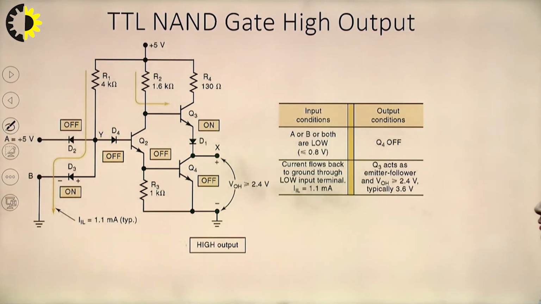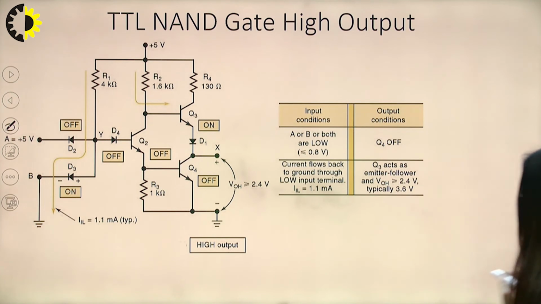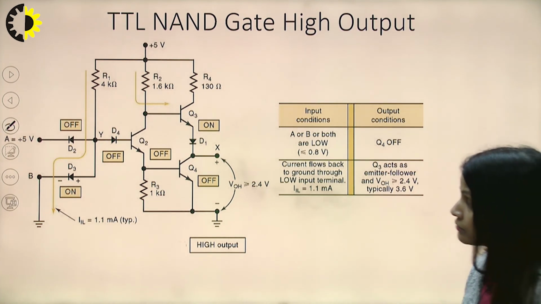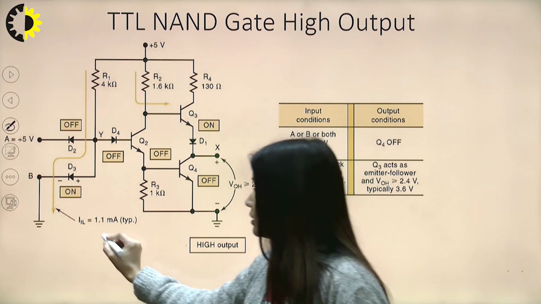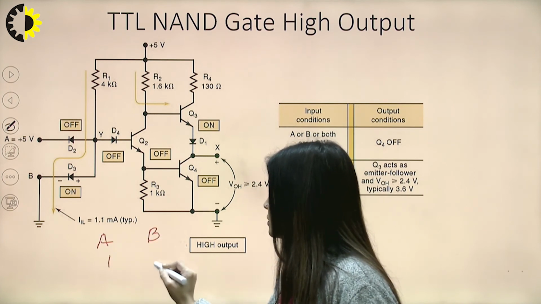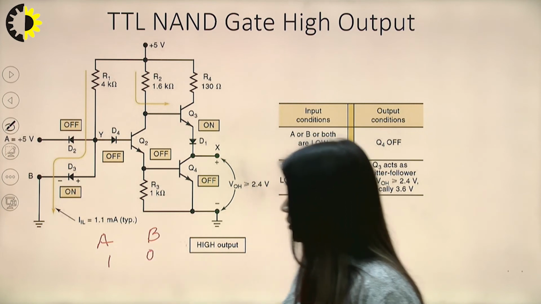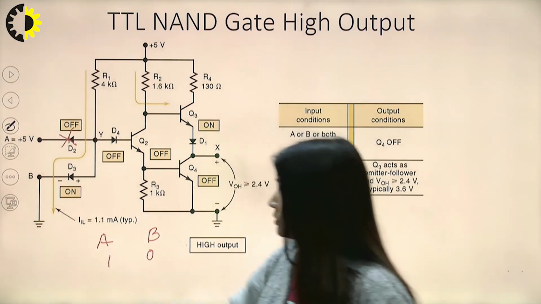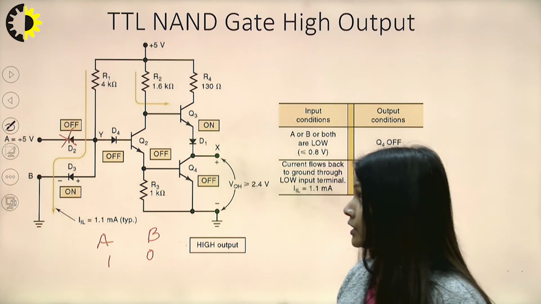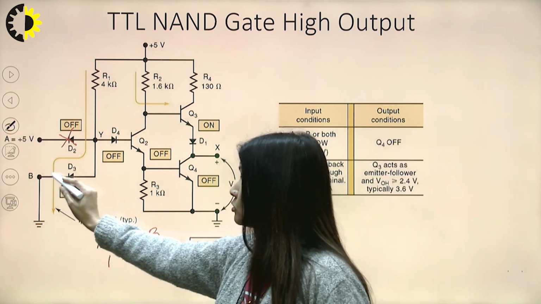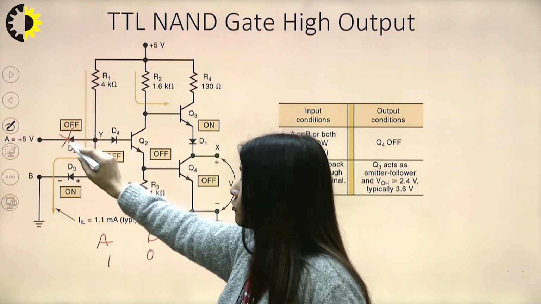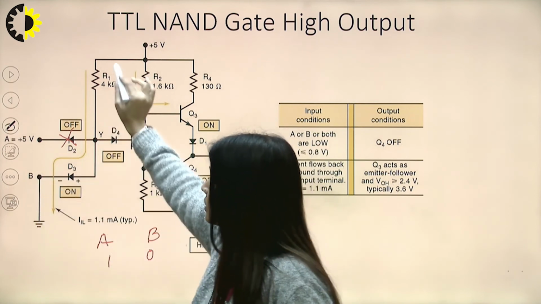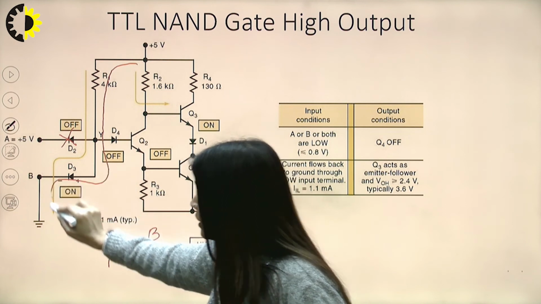Next, let us verify one more case. Let's say A is 1 and B is 0. If A is 1, this is off, and B is given as 0. So no current will flow from this, but since this is on, all the current is going to be drawn from this one here. Why? Because